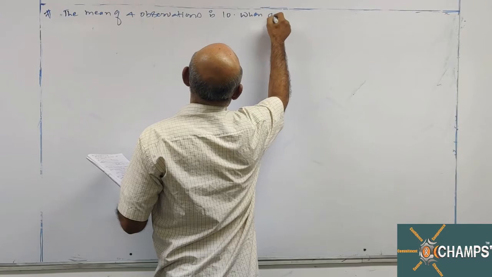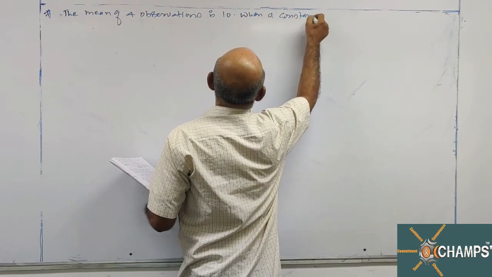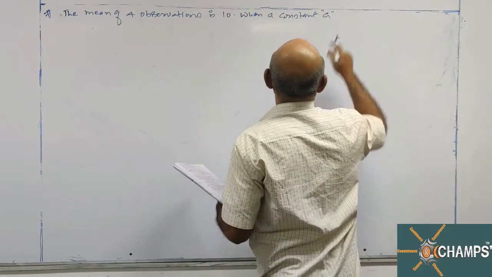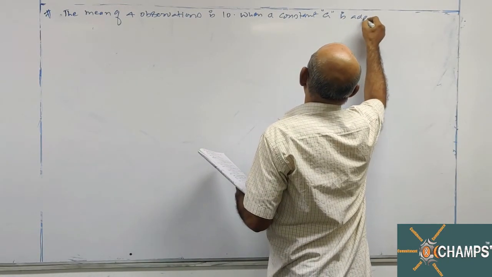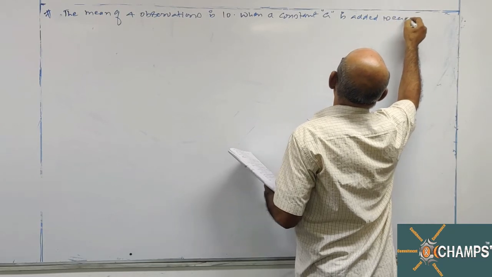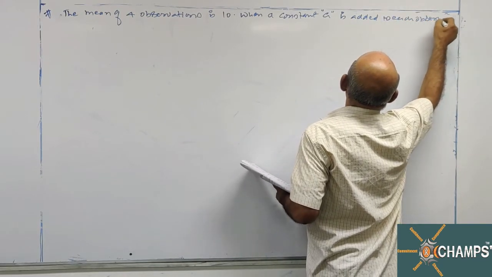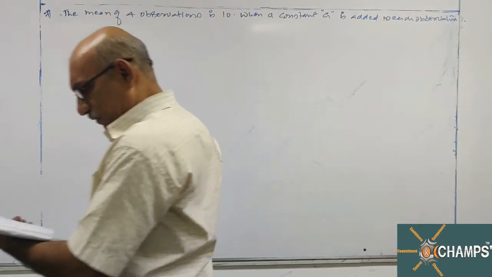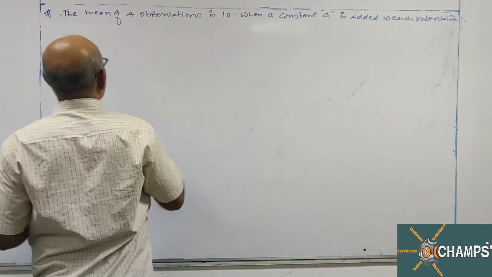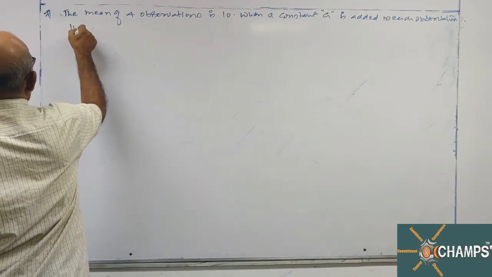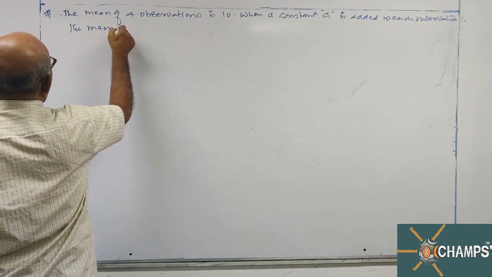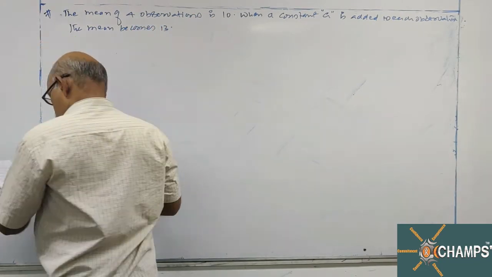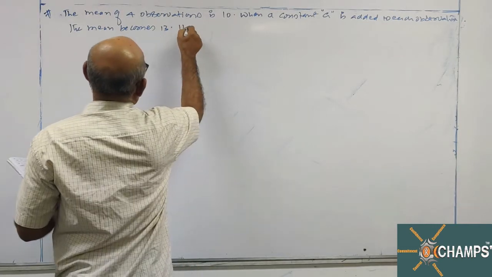When a constant A is added to each observation, the mean becomes 13. The value of A is